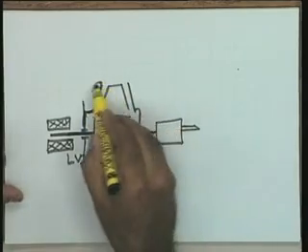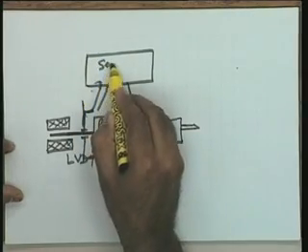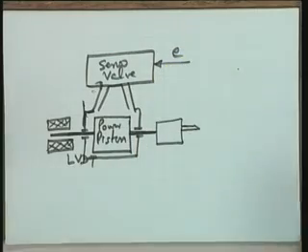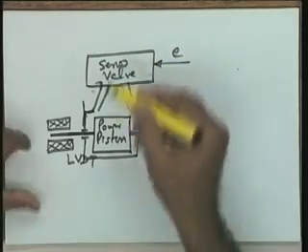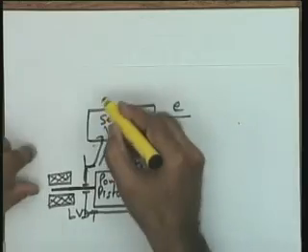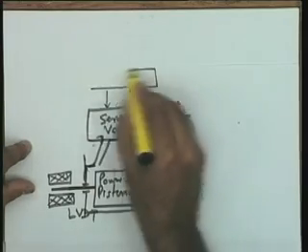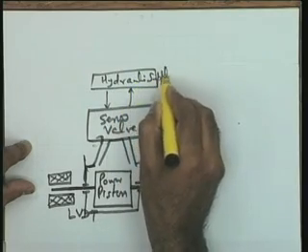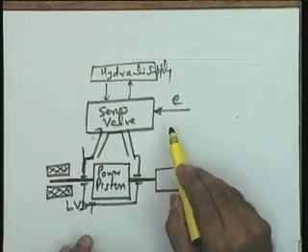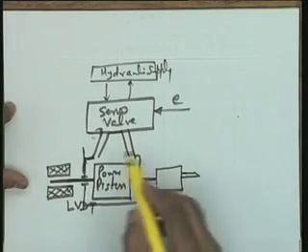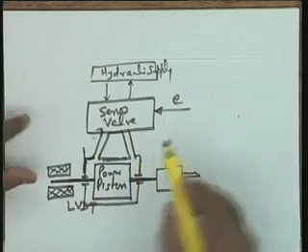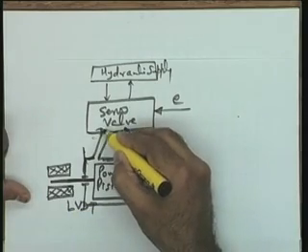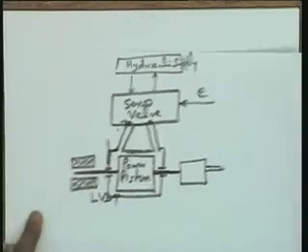Let me say that to this piston I connect a servo valve, which is the hydraulic valve, and there is an electrical signal coming to this particular valve. And to this valve you require a hydraulic supply. You will have to recall the valve now: you had a hydraulic supply to this valve, and the signal was an error signal which was electrical in nature, and the output was the spool displacement. So these are the two control ports you see in this diagram.